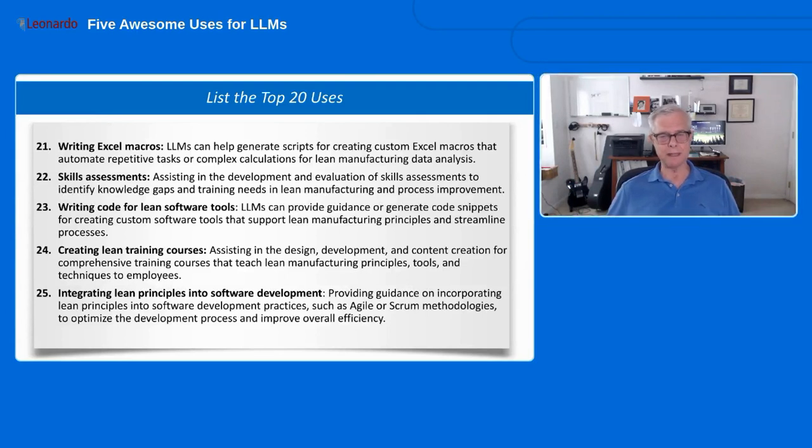You can't expect LLMs to create a whole course for you, but if you know your subject, it can be tremendously helpful in generating really detailed outlines. Generating scripts or instructor notes on various topics is quite amazing. And then finally, integrating lean principles into software development. So agile kind of strategies, very good at that as well.